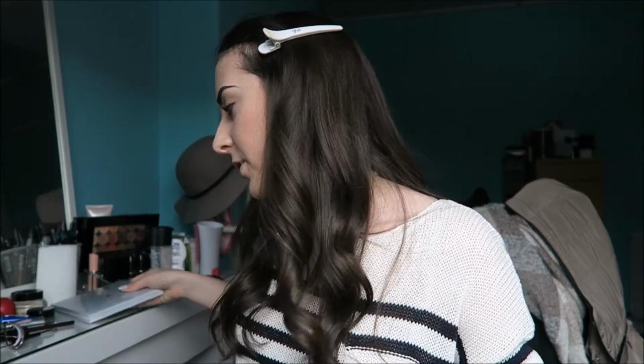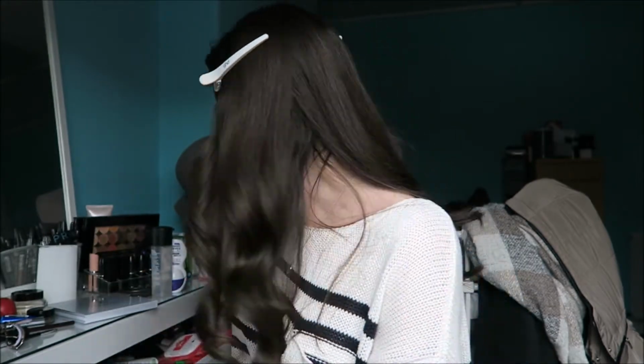And I'm just waiting to get that glow, which I think will be too dark for my skin, but I want to have both of them because I'm kind of a collector. But I'm dying to use this today, but I'm going to save it for a first impressions. So I'm going to put it back in the package and put it away. So I'm going to go back to my trusty